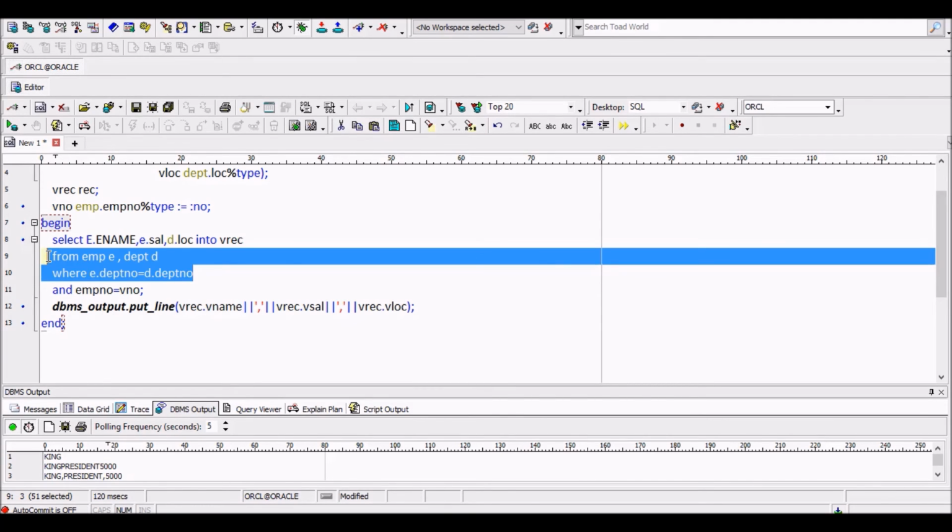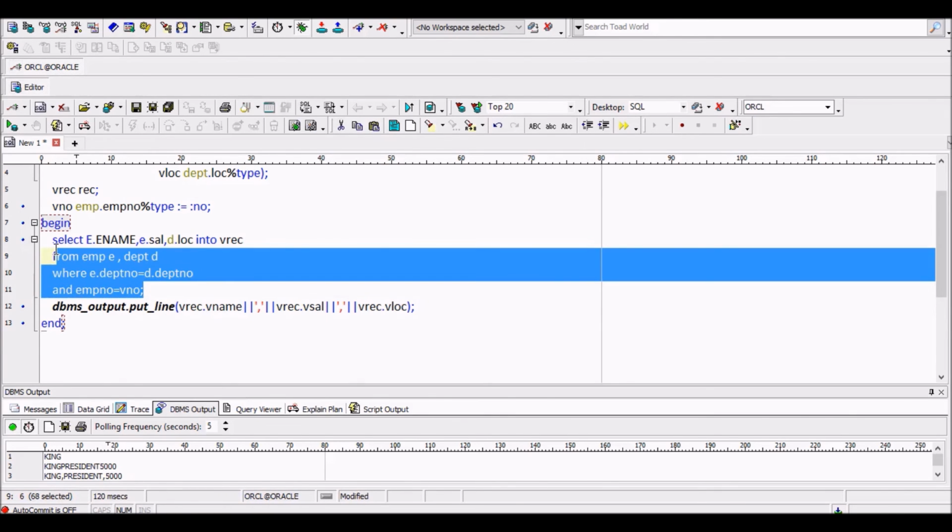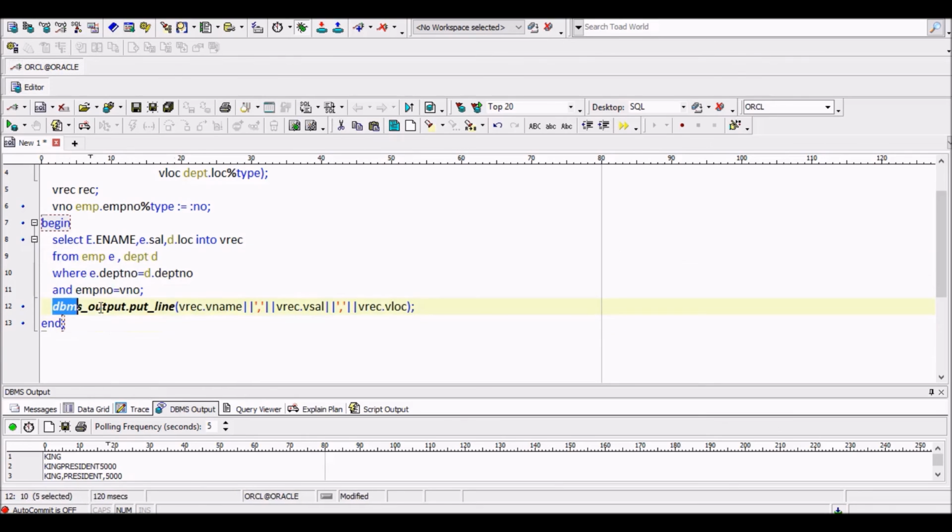So we have to use joins, and this is also another condition. Next we are displaying the record. Vrec is a variable name. From vrec we are displaying vname, vsal and vloc. So we enter this executable section.